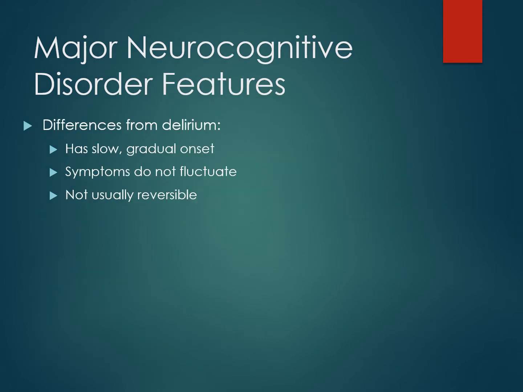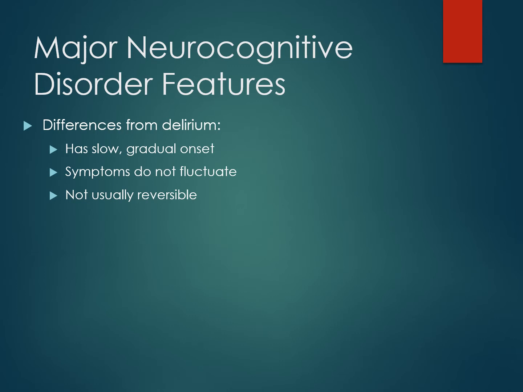First, I want to make sure that the differences between delirium and major neurocognitive disorder are really clear. Delirium comes on quickly, has fluctuating symptoms throughout the day, and is typically temporary. Major neurocognitive disorder comes on slowly, the symptoms are stable, and the symptoms are also permanent. A quick note about the stability of symptoms. There's a term called sundowning that often is seen in people with major neurocognitive disorder, and this refers to a decline in functioning in the evening. This is thought to be due to the strain and fatigue of the day, such that the limited cognitive resources that the person has are simply taxed by the end of the day, which makes their symptoms appear worse.